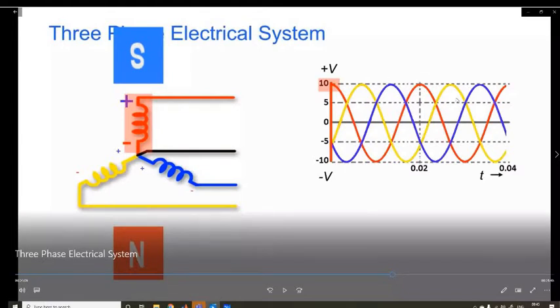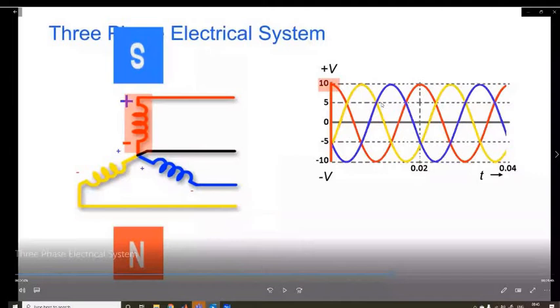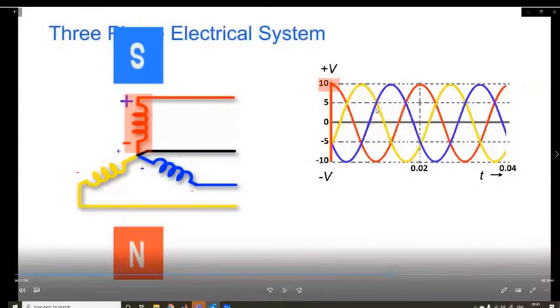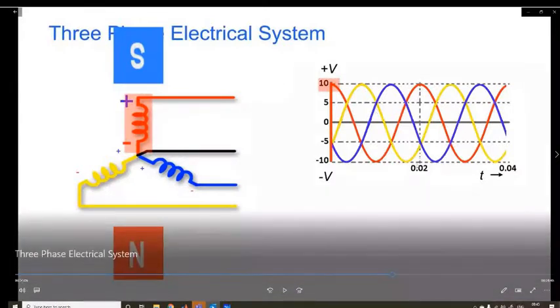And you know that the frequency standard we have accepted here in India is 50 hertz. It's 50 hertz in the sense of how many cycles there are in 1 second: 50 such cycles are found in 1 second. That's what 50 hertz means. So you'll notice that in the case of three phase, when, for example, the blue is zero here, at that time you are still getting some output as a result of the other phases. So this is the advantage.